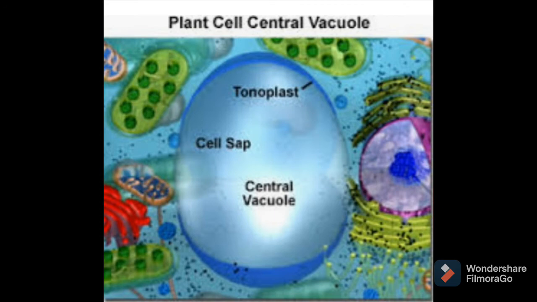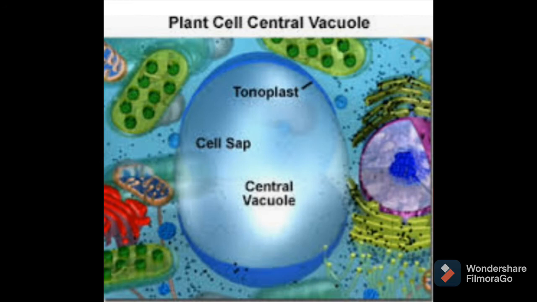These vacuoles are very important in plant cells, because in plant cells lysosomes are rarely present or almost absent. So these vacuoles behave like a disposal system also, and they behave like a storeroom in the cell. In animal cells, smaller vacuoles are present. In plant cells, larger vacuoles are present.